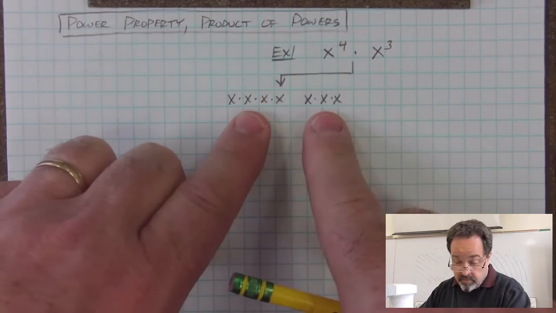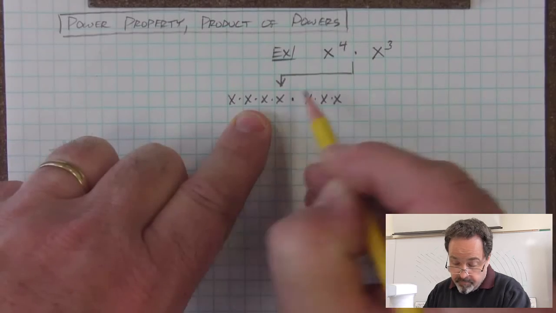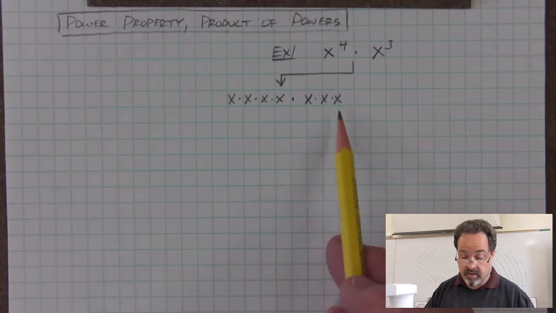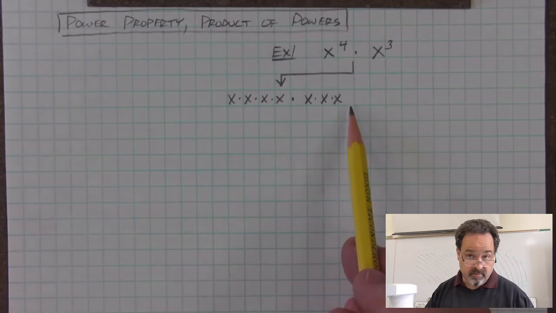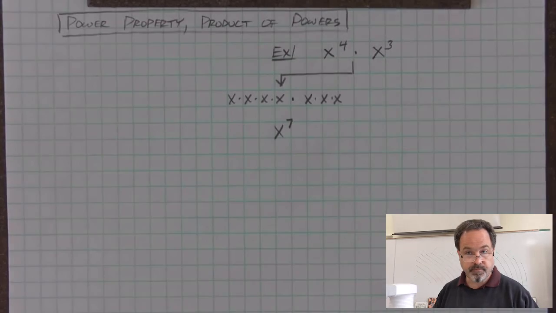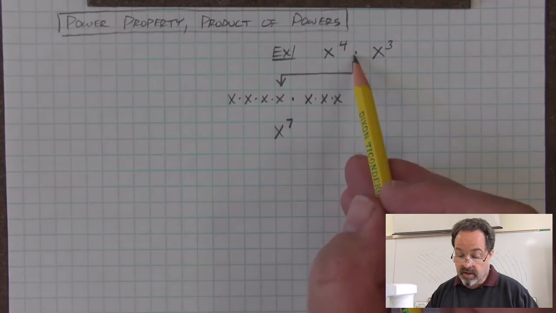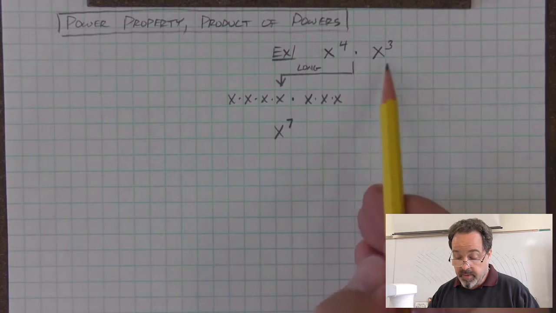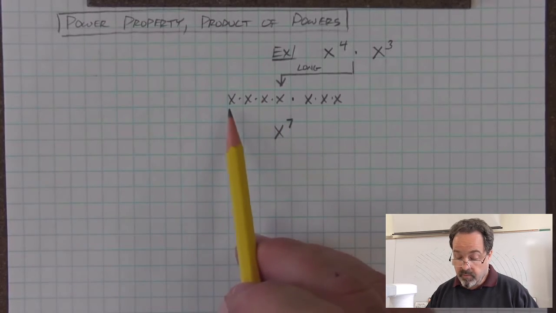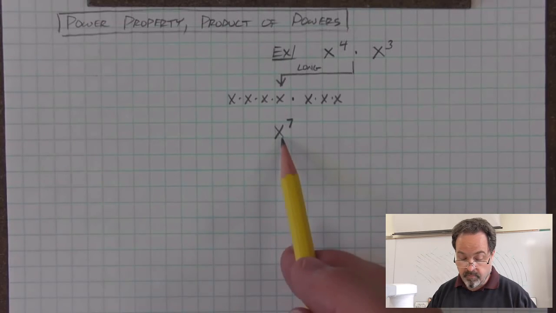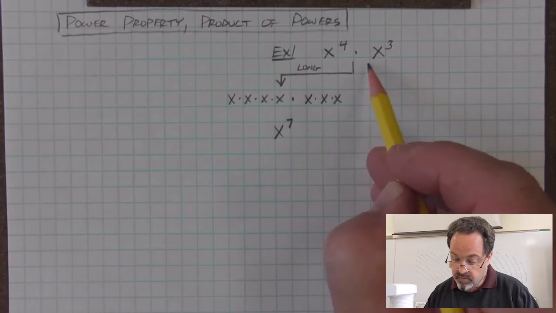And if what we're doing with these two is multiplying them, then all of these x's are multiplying itself, and we can think of these 7 x's now as a power, x to the 7th. This was a long way of reasoning it. We simply expanded the powers, saw that we were multiplying x 7 times, and then put it back into power form to get the simplified answer. We can do this a quicker way